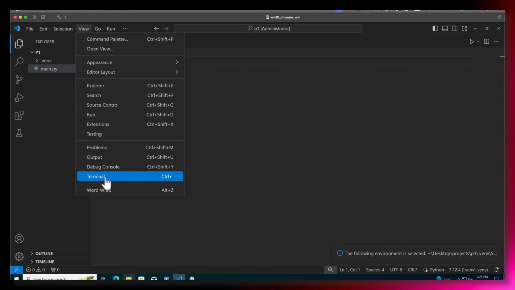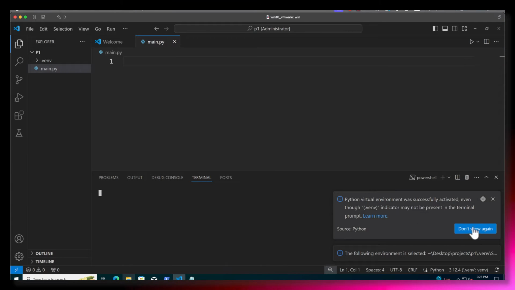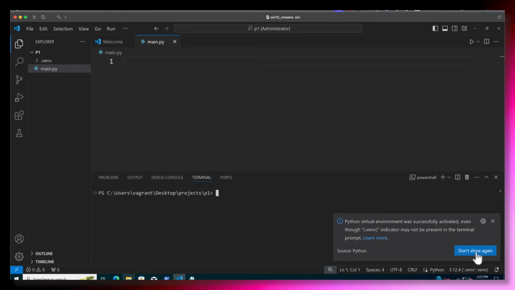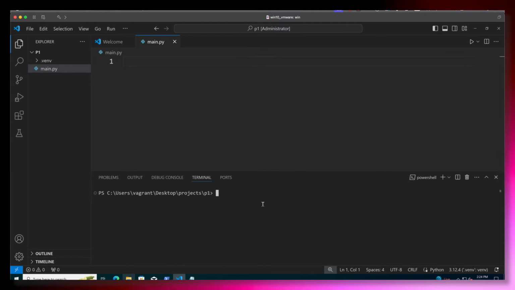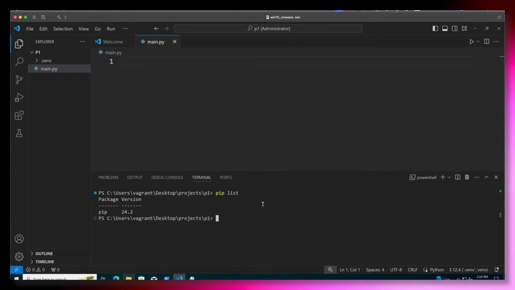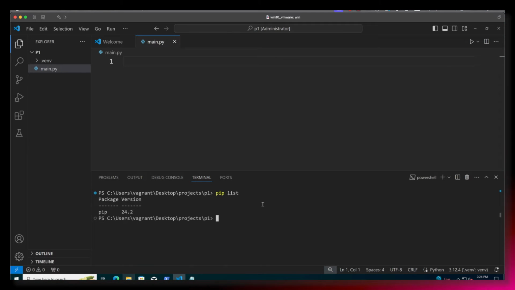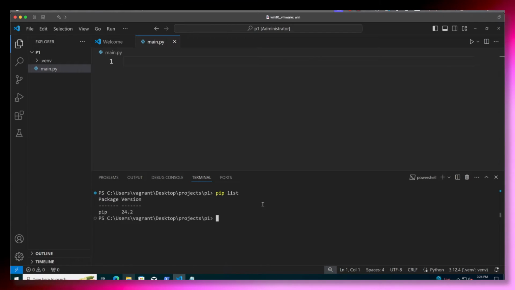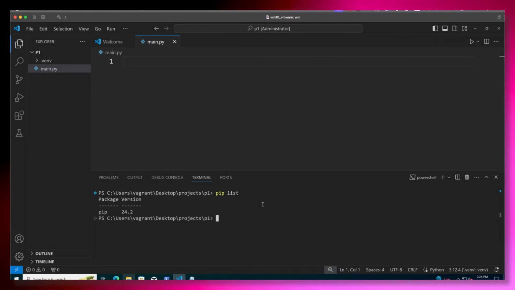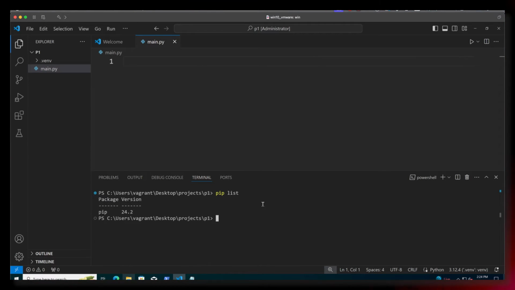And if I go back through to my terminal now, it tells me that the virtual environment has been created and activated, but I don't see a venv in front of the prompt name. But I can verify by running pip list, and we can see now that it's a very different view. We've only got the Python installer pip as an available package. So this is a great starting point, a clean and fresh Python environment for a new project.